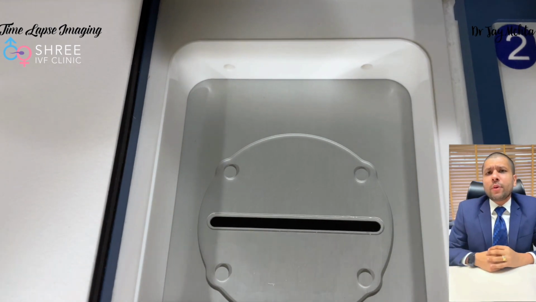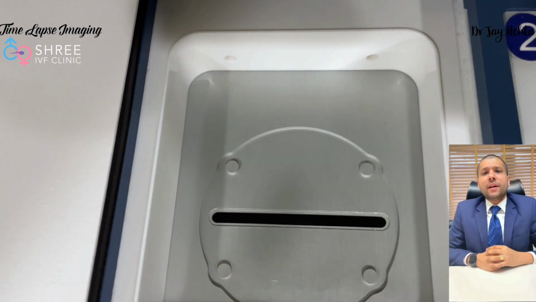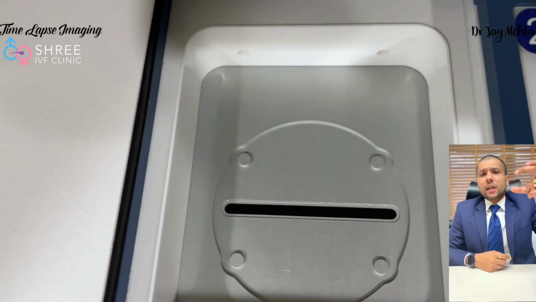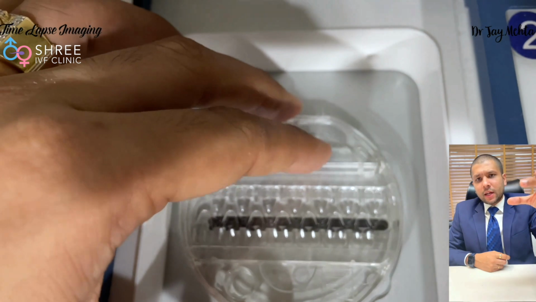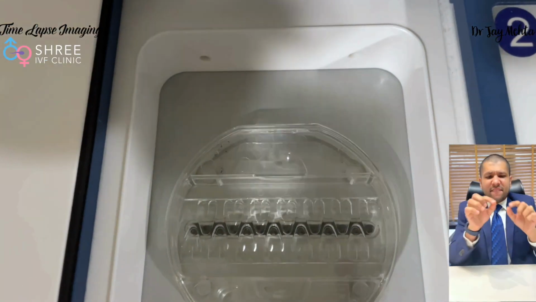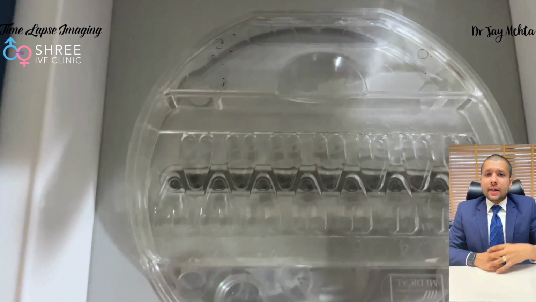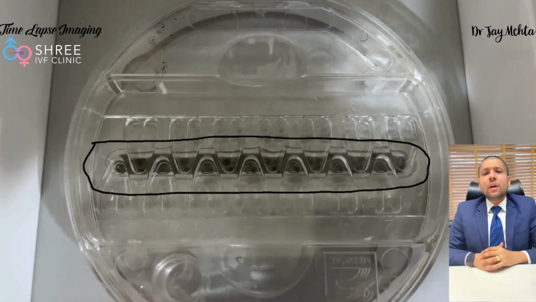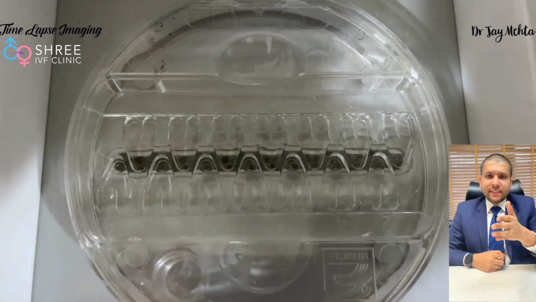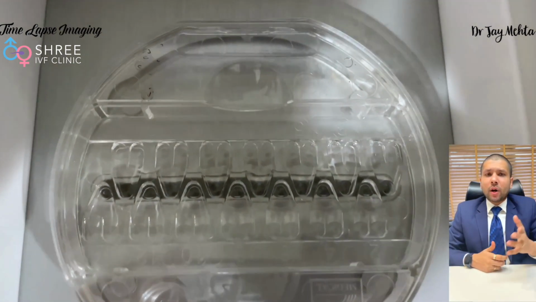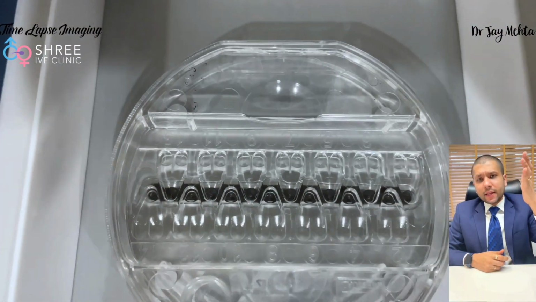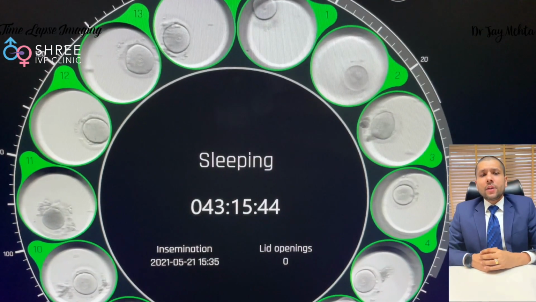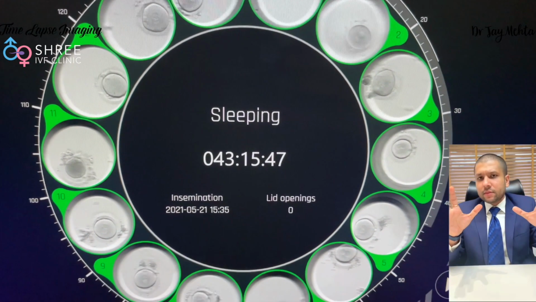These images are going to be obtained in 2 planes. Remember, it is not going to be a 3D image of the embryo. But if you notice the culture coin, we put the culture coin inside so that the linear line fits right onto the line of the camera. Once that happens, the lid is going to be closed and the system is going to be activated. Once the system gets activated, it will keep on shooting images of this embryo every 30 seconds.